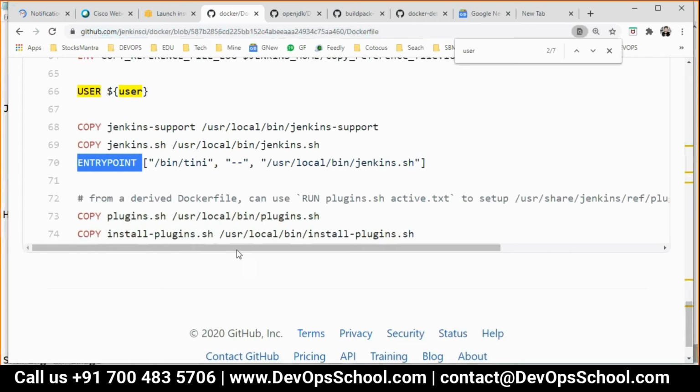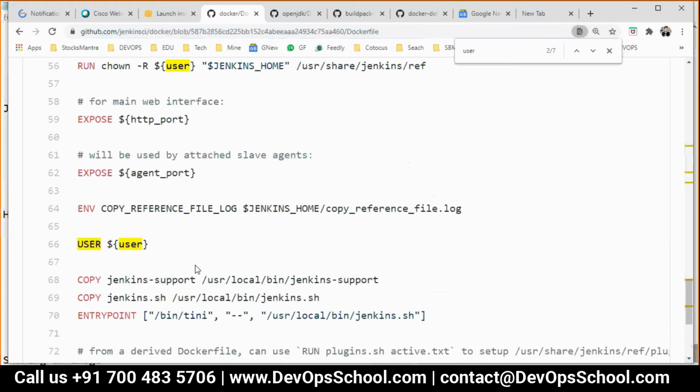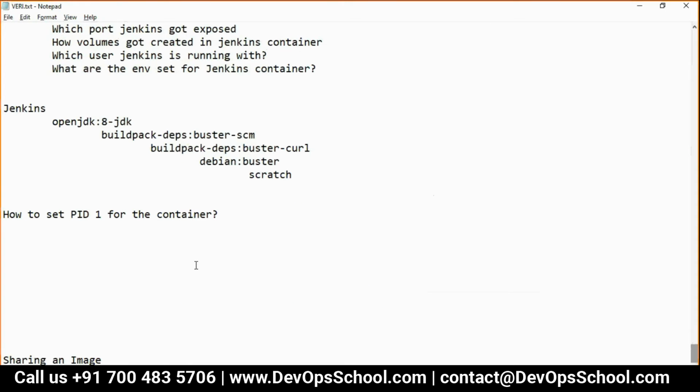Can you write a Dockerfile for your applications also without any additional help? I will try to write. Yeah, so try to write.